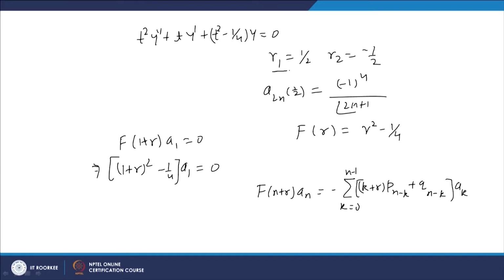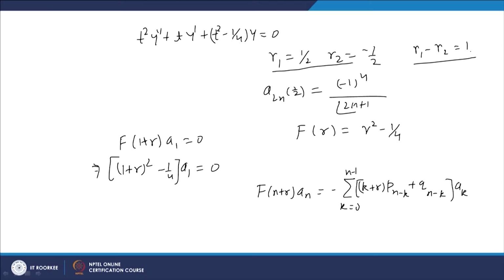to 0. So, this is a Bessel equation of order 1/2, and we have already checked that here t equal to 0 is a regular singular point, and we have also seen that the roots of the indicial equation are r1 equal to 1/2 and r2 equal to minus 1/2, and here we can say that r1 minus r2 is equal to 1. So, this case falls in the category when the roots of the indicial equation differ by an